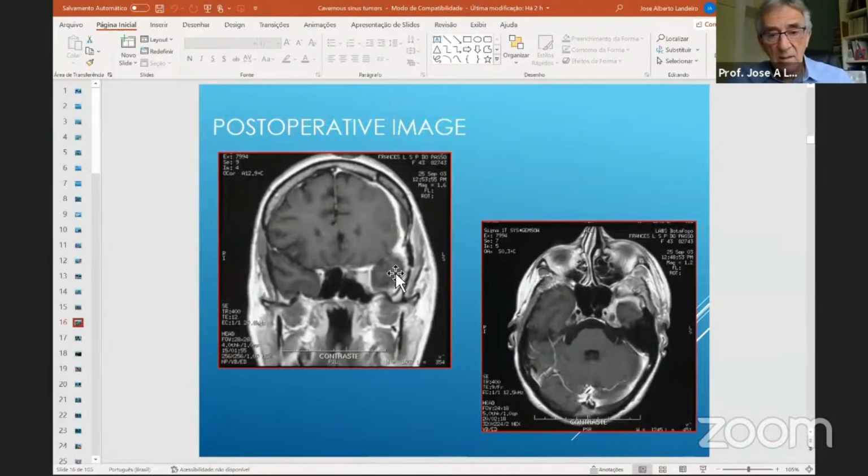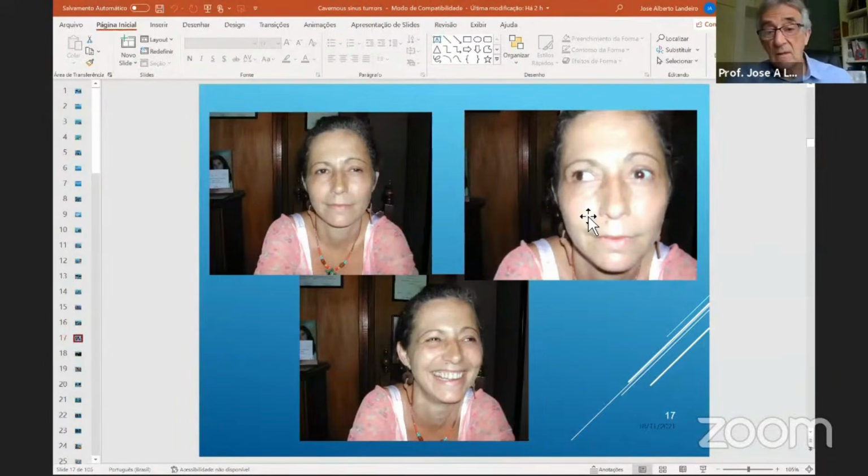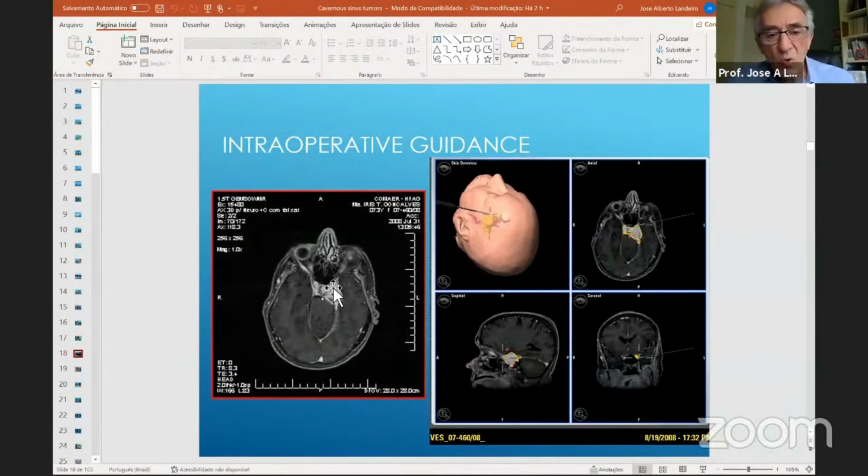Look at the postoperative view. The tumor is inside. Look here, this is the carotid. It was completely stenosed before the surgery, and as you can see here, the carotid is almost normal size, normal diameter. As you can see here, the patient, many months later, recovered visual function. Here is another case, a tumor invading the optic canal and compressing the optic nerve, and I can do a cavernous sinus approach to decompress the optic nerve.